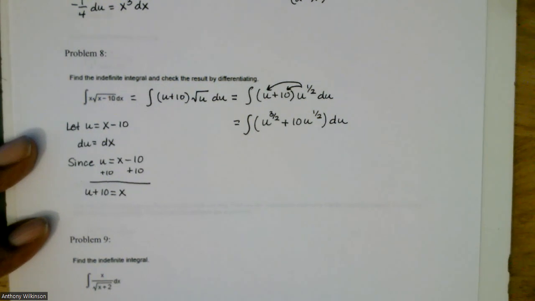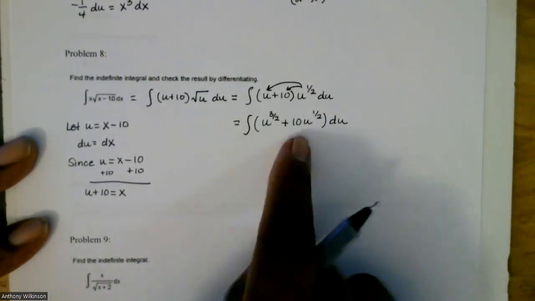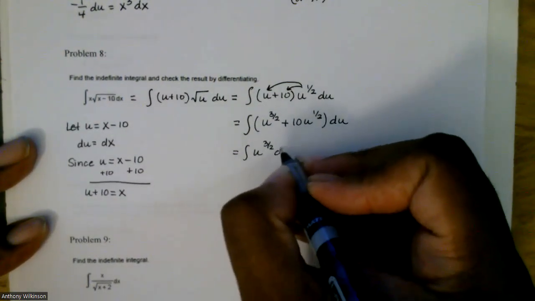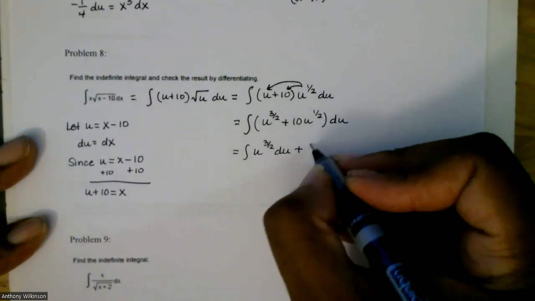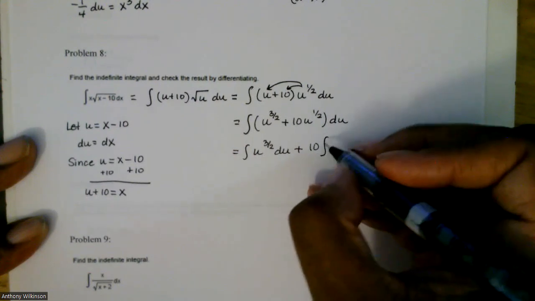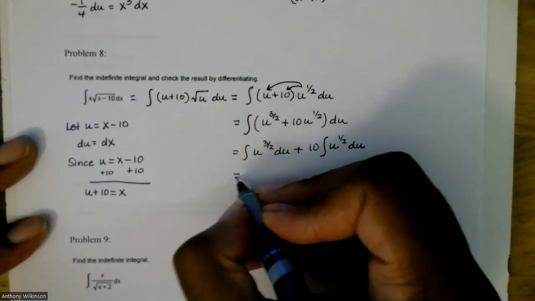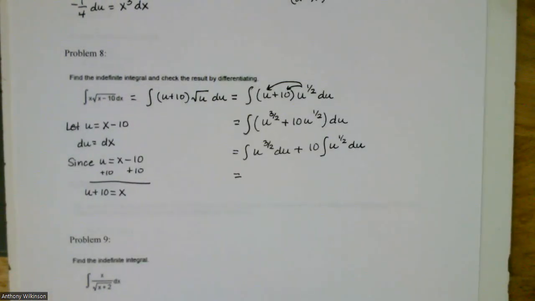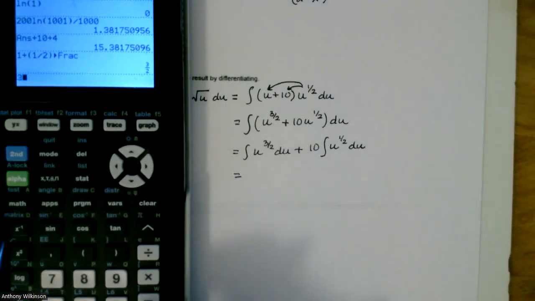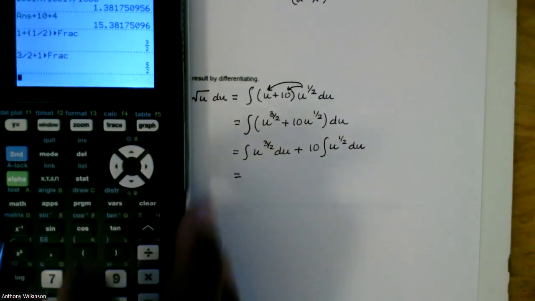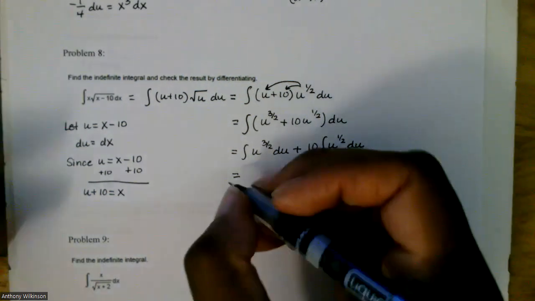Now we'll integrate each piece since we have the integral of the sum. That's going to be the sum of their individual integrals. So it'll be the integral of u to the 3/2 du plus, since the 10 is a constant, I'll pull the 10 out in front, so it'll be 10 times the integral of u to the 1/2 du. So when we take the integral of u to the 3/2 power, we increase the power by 1 and divide that by its new exponent. So 3/2 plus 1 would be 5/2. So the u to the 5/2